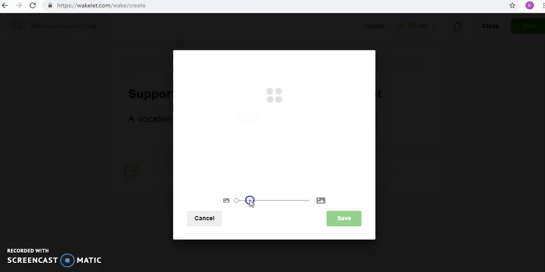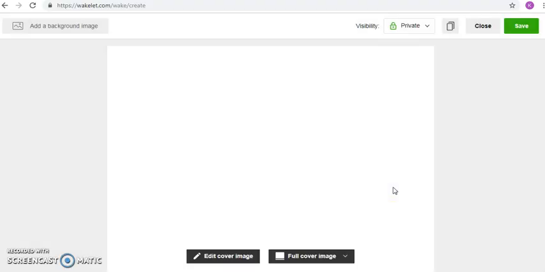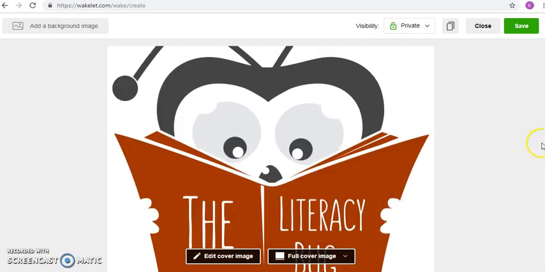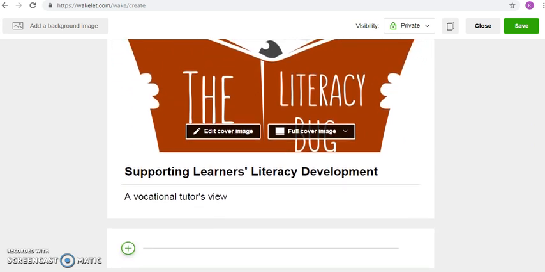You can alter the size of the image that you have appearing as a first image. I'd like it to be quite big, so I'm going to leave it like that. Save. It'll give you an option now of whether you want it as a full cover image or half cover. I'm happy with that being a full cover image. So that's the image, and then I've got